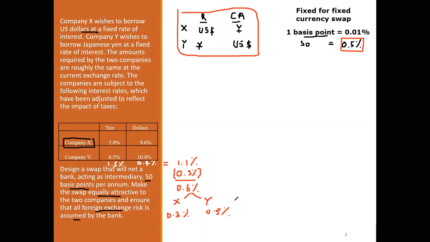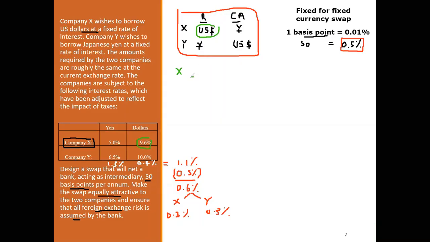And the next step is to identify the ultimate cost through the swap. So after you consider the swap, what would be the ultimate cost for X and Y? To identify that, let's take X first. X required a borrowing in US dollars. If X went to the US dollar market and borrowed directly, the cost to X is how much? The cost to X would be